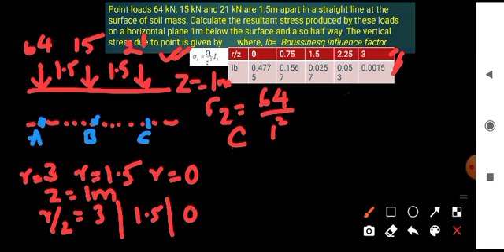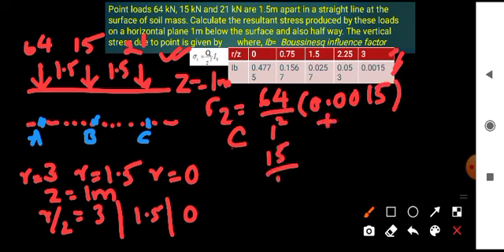Now if we take these Boussinesq influence factors from the table, corresponding Boussinesq influence factors from this table, so 64 divided by 1 square into, r by z is equal to 3. So 3 is nothing but 0.0015, plus 15 divided by 1 square into, so the r by z value is 1.5, 1.5 in the sense 0.0257, right,